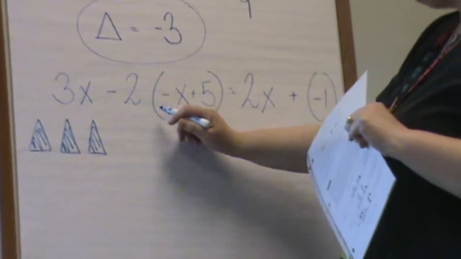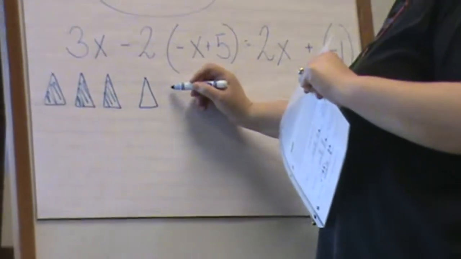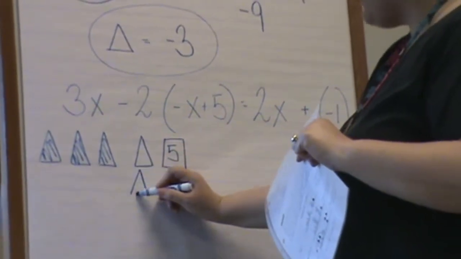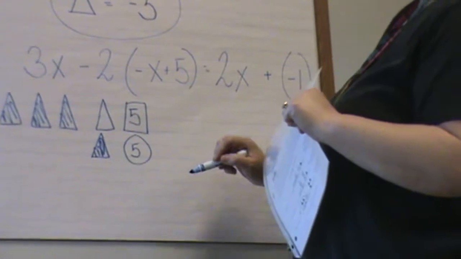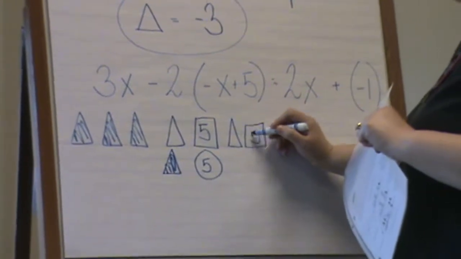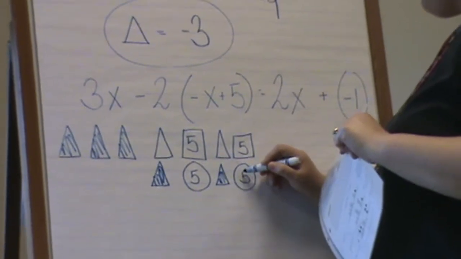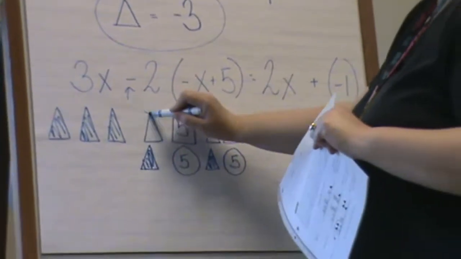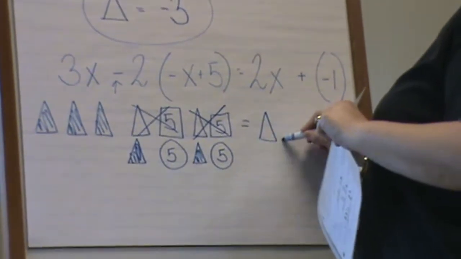Well, we need to take away 2 -x plus 5's. So that would mean I would need to create a -x plus 5. And to create that, I have to do it with its opposite, which is that. It says I need to take away 2 of them, so I have to create another one. -x plus 5. Its opposite is x and a -5. Now, I can take the 2 away because it says minus 2 -x plus 5's, goodbye, goodbye, equals 2 x's